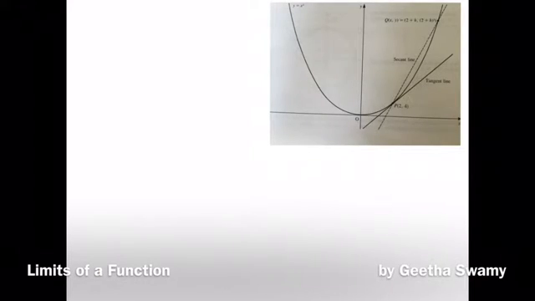Now look at the curve y equals x squared and a point P (2, 4) on the curve. In order to find the slope of the tangent at P, we draw the secant line PQ, where Q is another point on the curve. Since we have considered Q to be a point very close to P, we can write the x coordinate of Q as x equals 2 plus h, where h is greater than 0 and a very small quantity. Similarly, the y coordinate of Q will now be y equals (2 plus h) the whole squared,